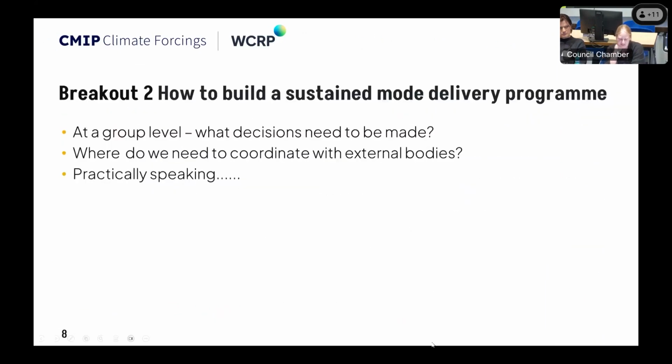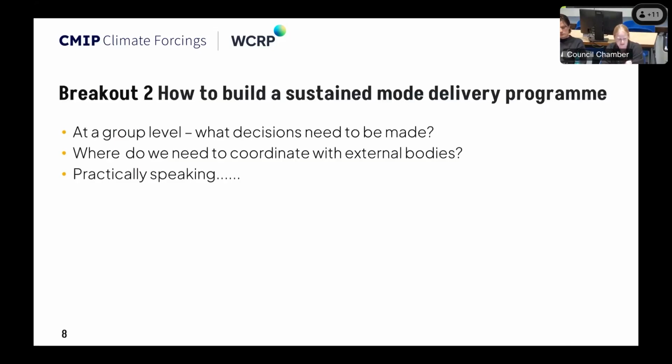This session is more about how we start to think about the kinds of things that we need in place in a more systemic fashion. And so, echoing Plenary 2, what kind of decisions will we need to think about making? What external bodies do we need to coordinate with? We heard from the funding bodies, we heard from user groups, that these data sets have a massively large reach, some of them. Can we leverage that? And some of the practicalities.